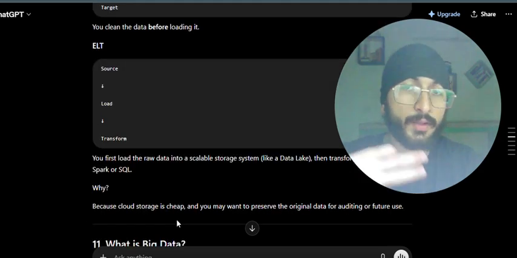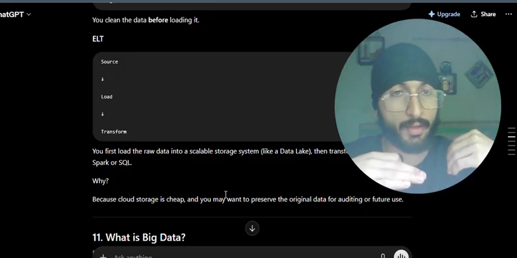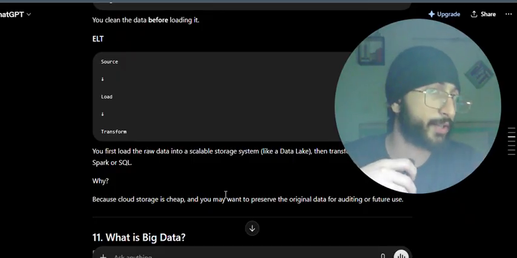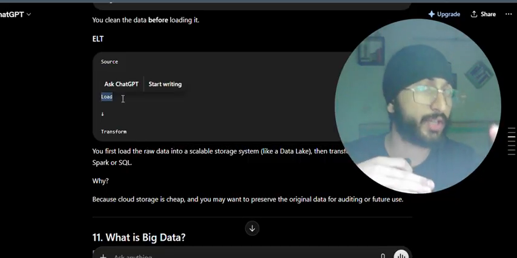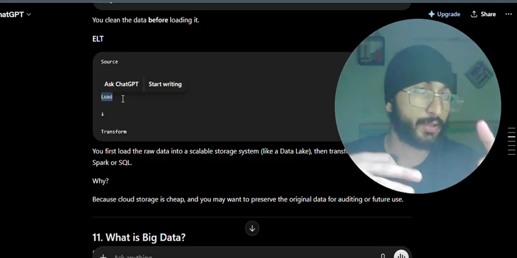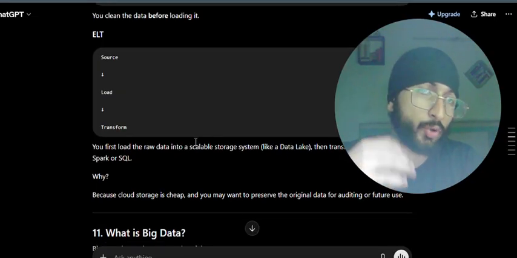Why do we do this? This we do because cloud storage is cheap, and you may want to preserve the original data that you had for auditing or future use before you actually transform it. So we load the data first, and then we make changes, then we transform, then we basically do our data pre-processing steps like cleaning or removing null values, removing duplicates,